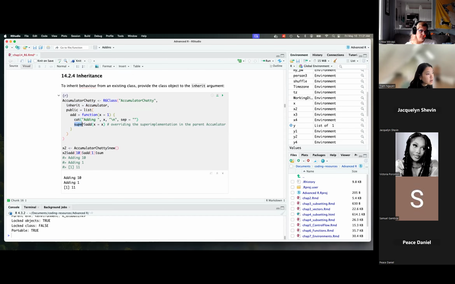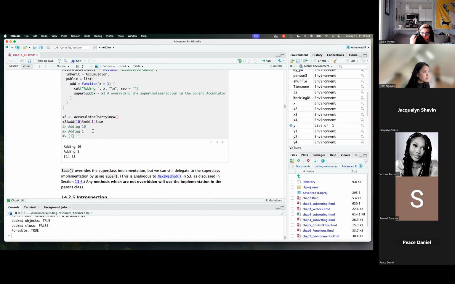The important part here is that you do this by doing the super method, and then adding. Sorry, it's confusing because it's adding, but then the function's also called add. But you can include this new function here. So this will override the super implementation of what was in the original add function of the